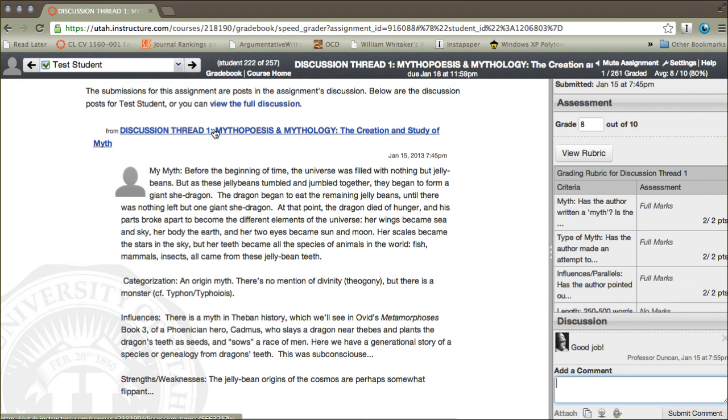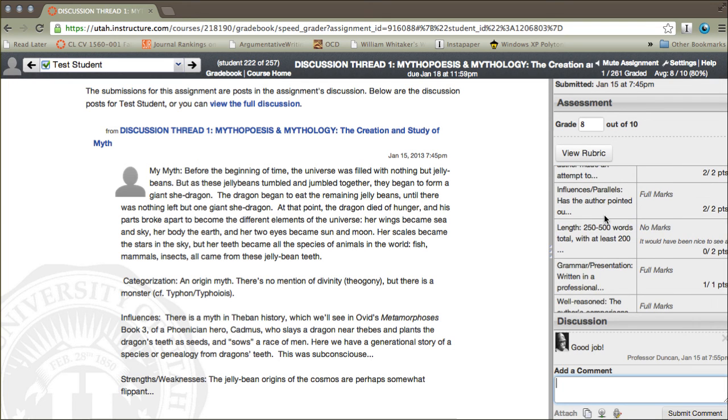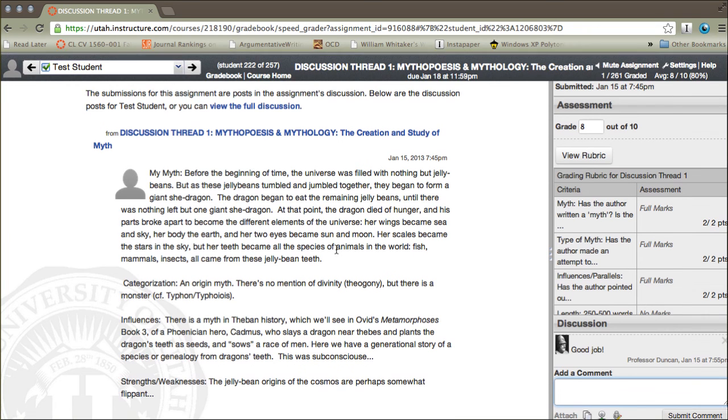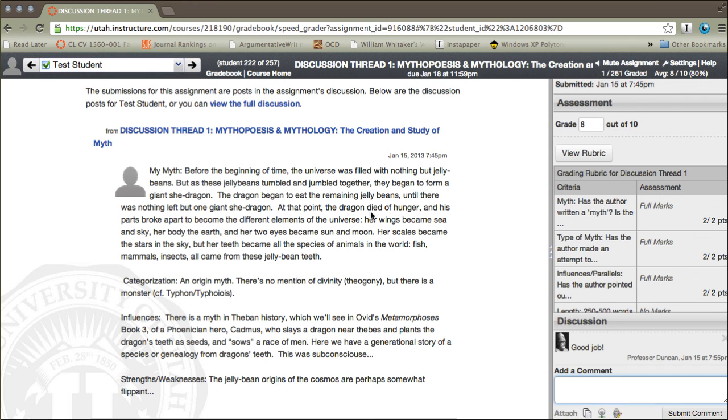And at that point, with the papers, we're actually going to have a rough draft stage that's then reviewed, and then a final draft stage, which will actually be counted. So this review process, instead of just being kind of a good exercise as it is here, will actually be important for the original author, in this case test student, to make a better final product, something that he or she could be proud of, something that's been proofed by a classmate and given a thumbs up. So collaboration at its finest. This is what Canvas allows us to do, even in a giant class. Best of all, it's all paper-free.